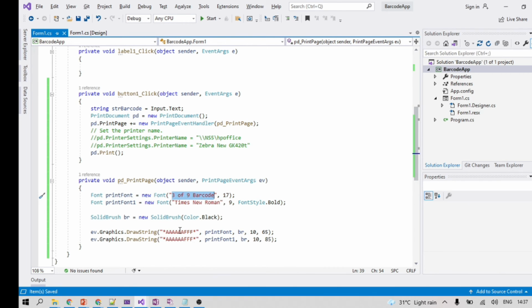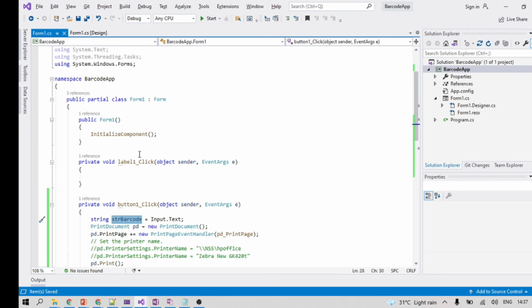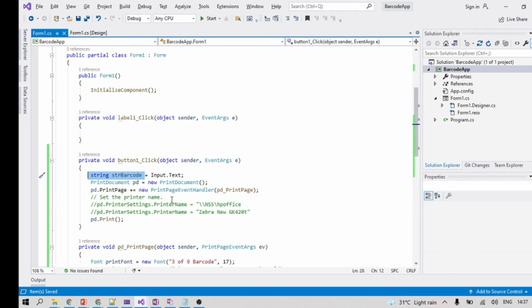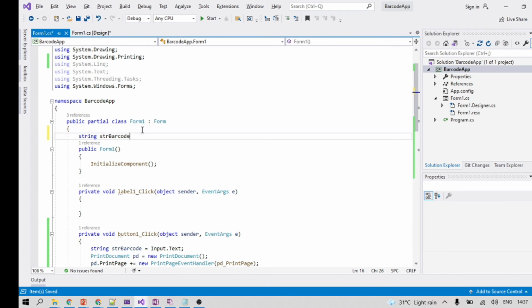Instead of putting this hard coded, let's pick this value str barcode. So I'm putting str barcode here, so that it can be available to the next method.